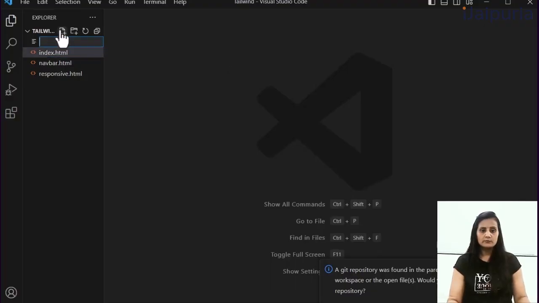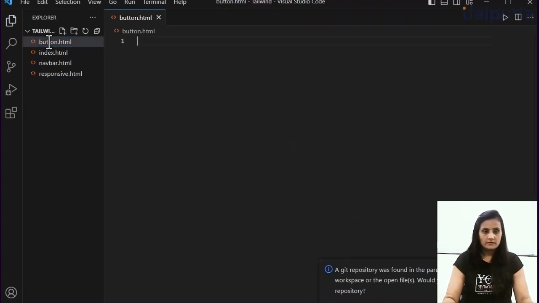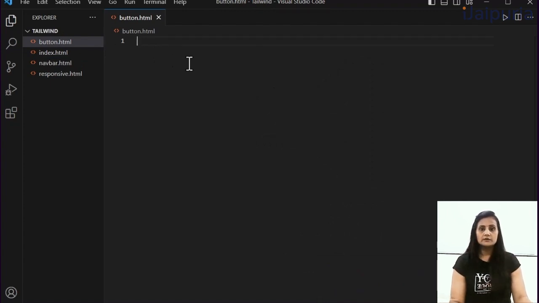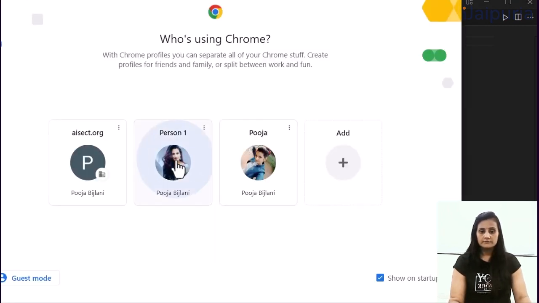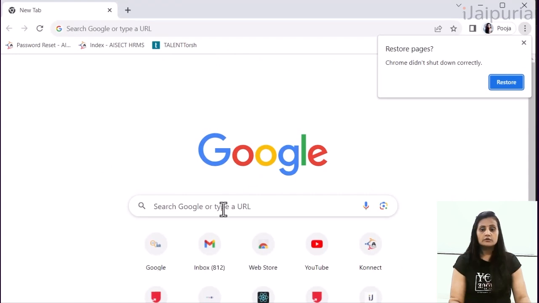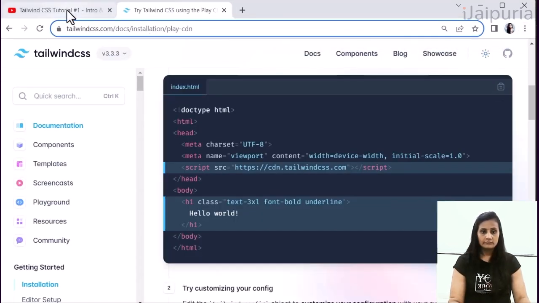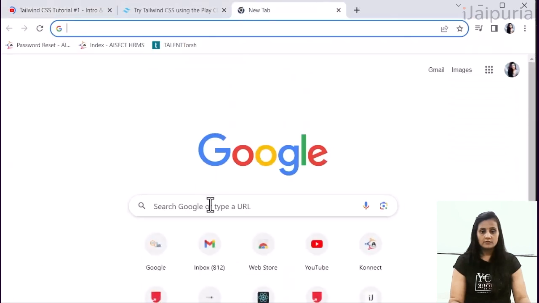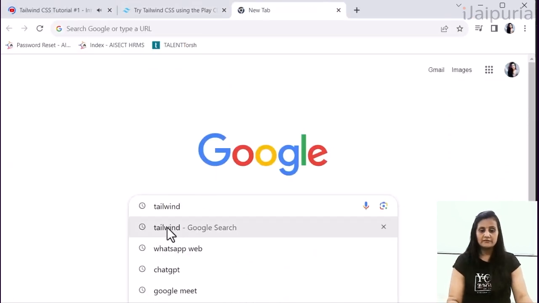Here we are. First thing I'm going to do is create a button.html. Enter. Now next task, we should have the boilerplate over here. For that boilerplate, we need to go to the browser and write Tailwind.